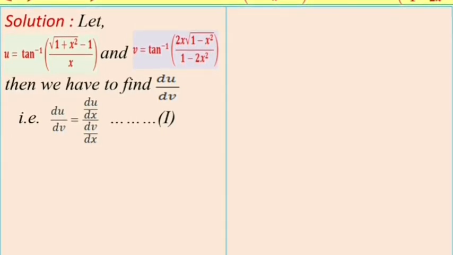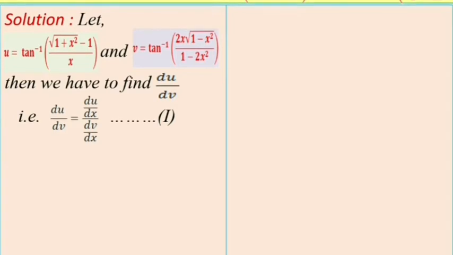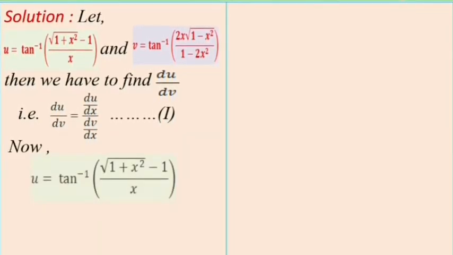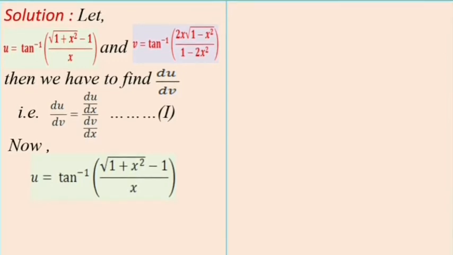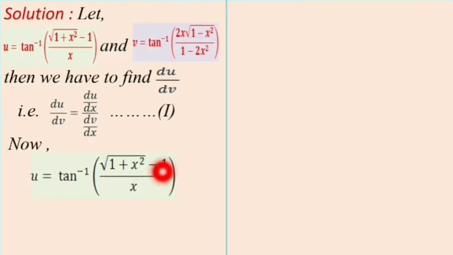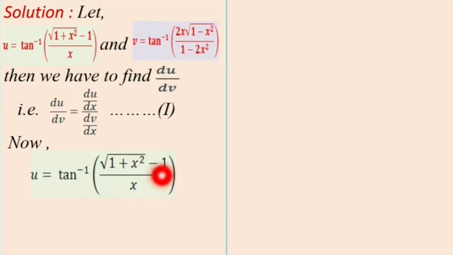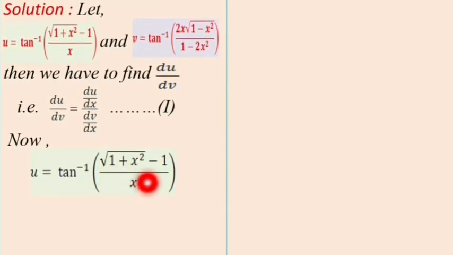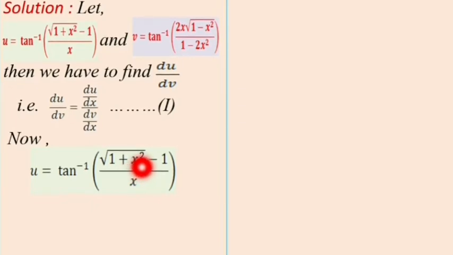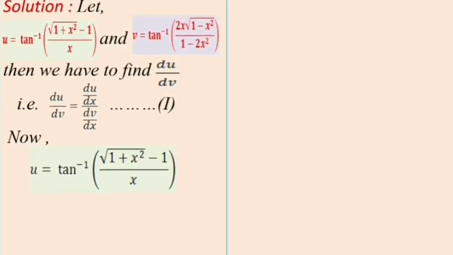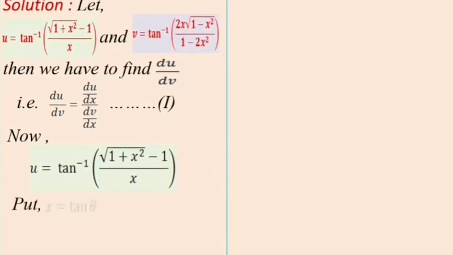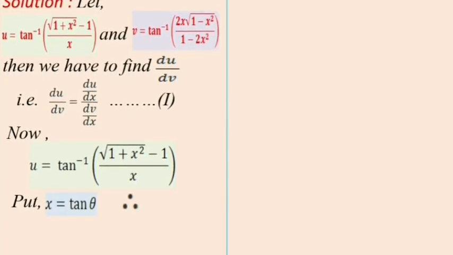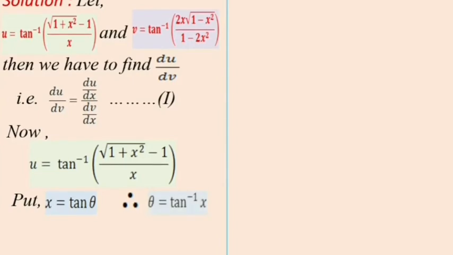Now take the derivative of u with respect to x firstly, and therefore we can firstly take u equal to tan inverse of f of x. Again the given function is in the form of inverse function, and therefore here we have to apply the substitution method. Okay, here we have to take x equal to tan theta in the given function. Therefore put x equal to tan theta, therefore we can get theta equal to tan inverse of x.